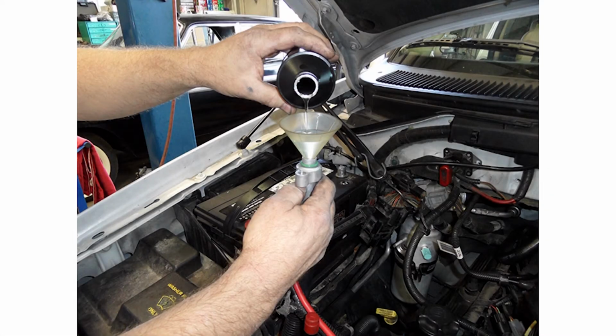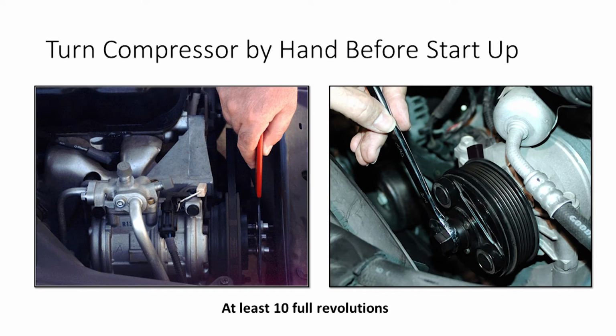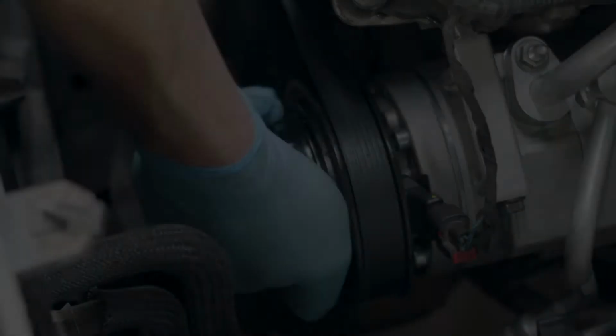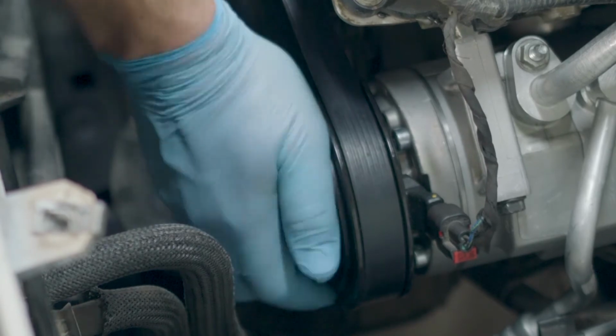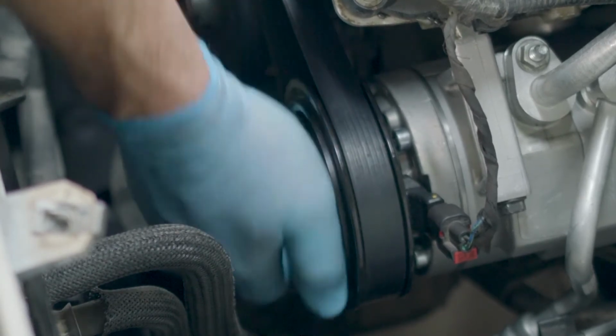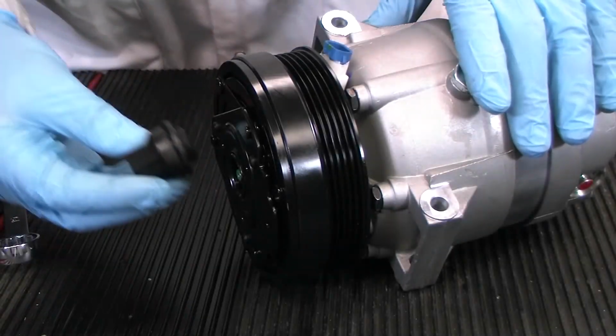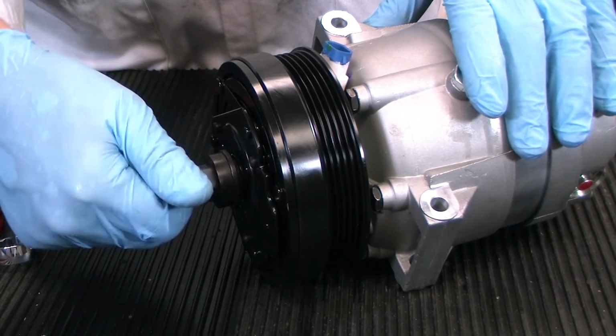An alternative method of adding oil to non-crankcase compressors is to mount the compressor in the vehicle first, then detach the suction line from the accumulator or the evaporator and pour half the oil charge down the suction line toward the compressor. Caution! It is absolutely critical that all compressors, regardless of the type or system design, should be turned through at least 10 complete revolutions by hand after the lines are connected, but before attempting to start the engine. This is necessary to move any excess oil out of the cylinders to avoid catastrophic damage due to slugging on initial startup. Special tools are available to make the compressor easier to turn.